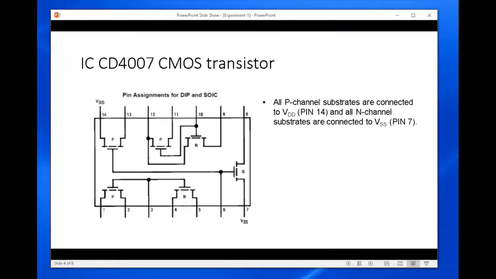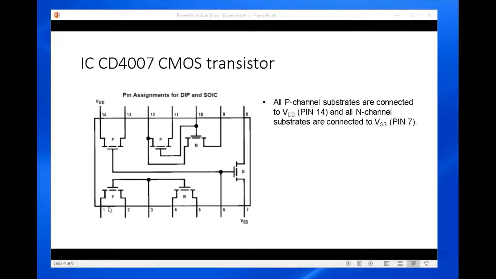If you look for a particular IC where you can use CMOS transistors, here is the pin assignment diagram for the IC CD4007. It's a MOS transistor IC. If you look at any device, between pin 1 and 2 there is a PMOS.